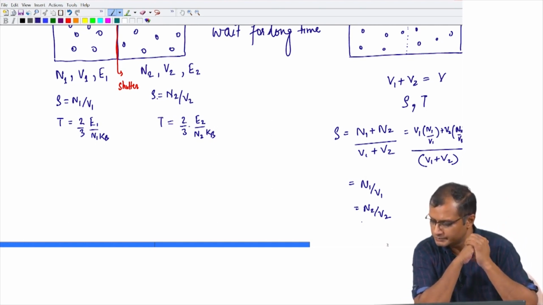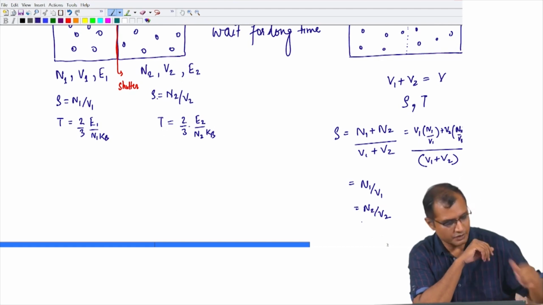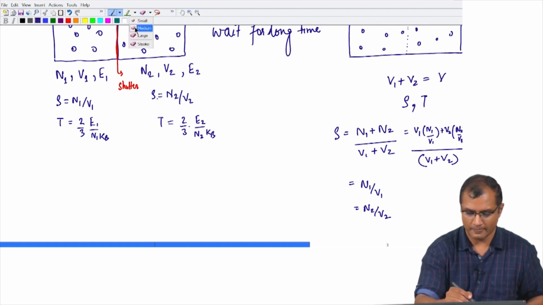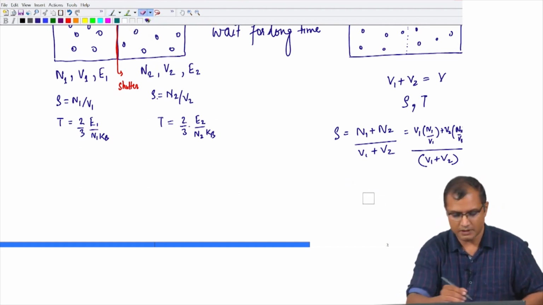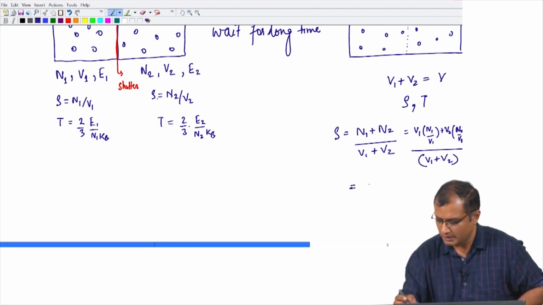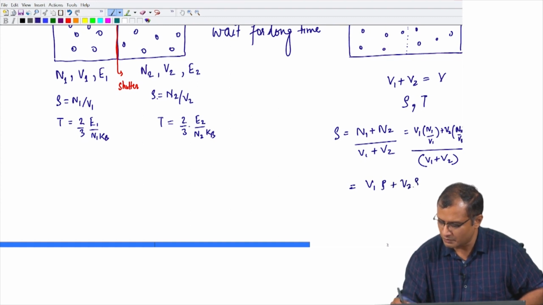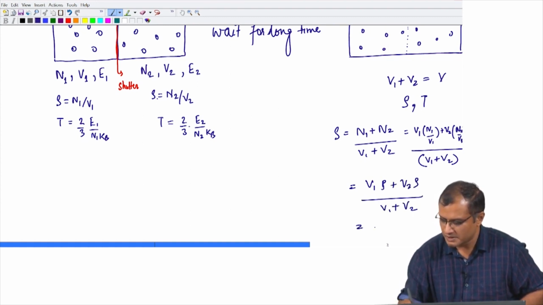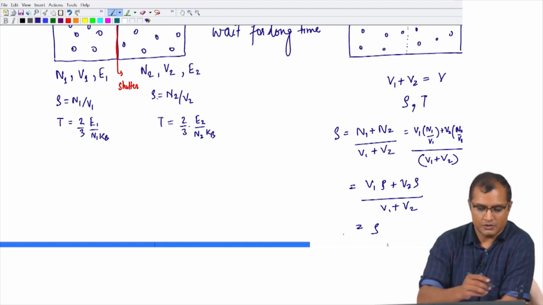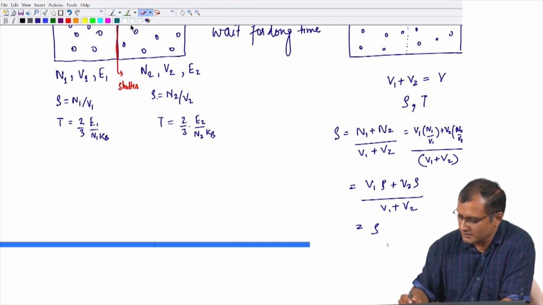Okay. So, you can see the right hand side. So, you can take V1 into rho plus V2 into rho divided by V1 plus V2, which is just rho. Okay. So, the final density does not change, it remains the same,